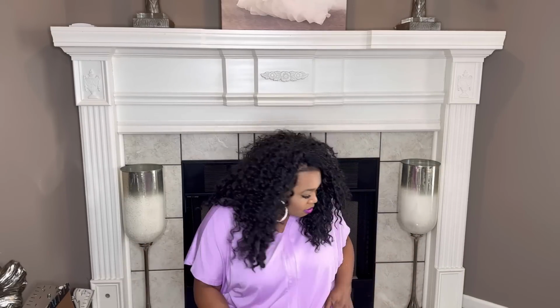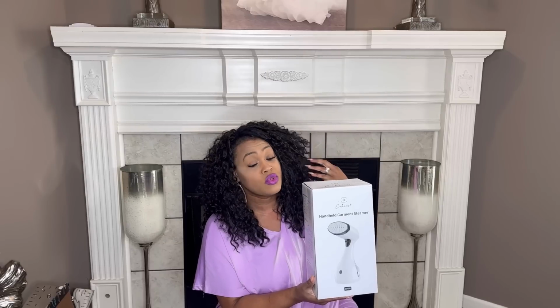Also from Amazon, I picked up this. I told y'all it's a lot. I picked up this cordless garment steamer strictly for event planning purposes. I mean, I can use it at home, but when I'm styling my tables, I hate to see wrinkles on tablecloths. I hate to see wrinkles on runners, but sometimes depending on the time crunch that you have,